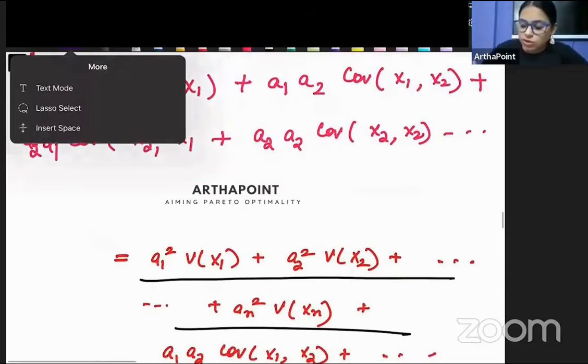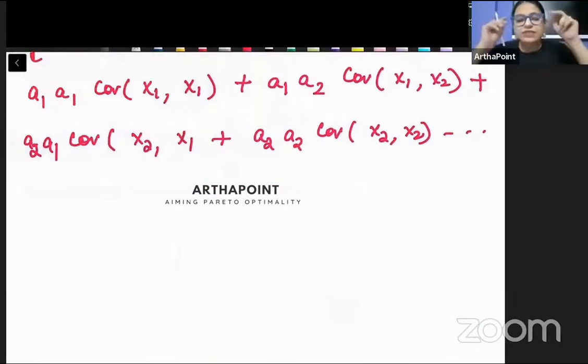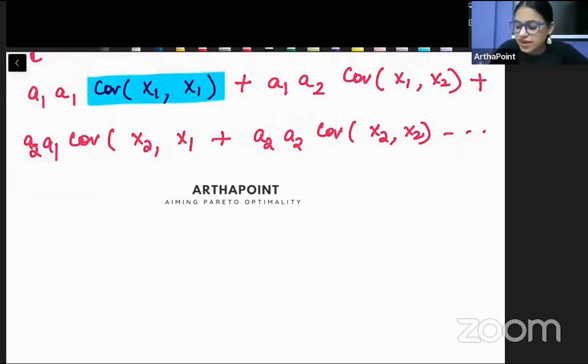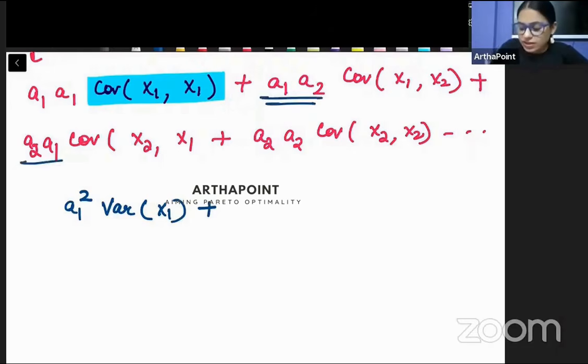अच्छा, now what you need to understand बेटा कि whenever we find covariance of something with itself, अगर हम किसी का covariance उसी के साथ ही निकाल रहे हैं, as in covariance of x1 with itself, covariance of x2 with itself, तो जब भी हम किसी चीज का covariance उसी के साथ निकालते हैं, then covariance of a variable with itself, बच्चे, that is called as variance of that variable. तो ये हो जाएगा a1 square variance of x1 प्लस